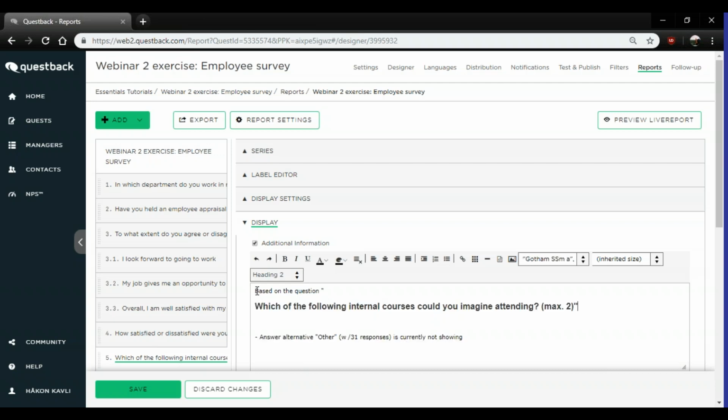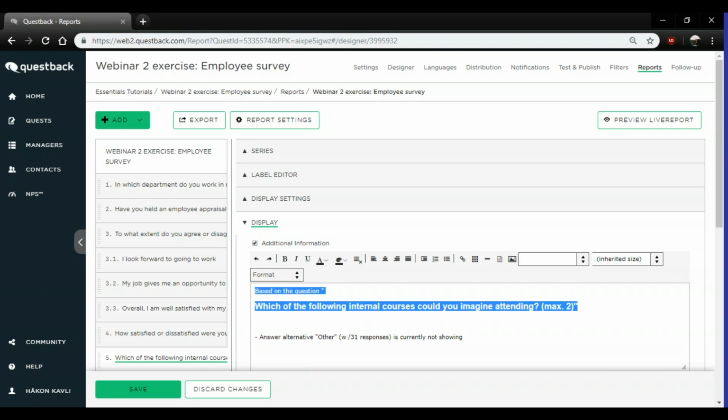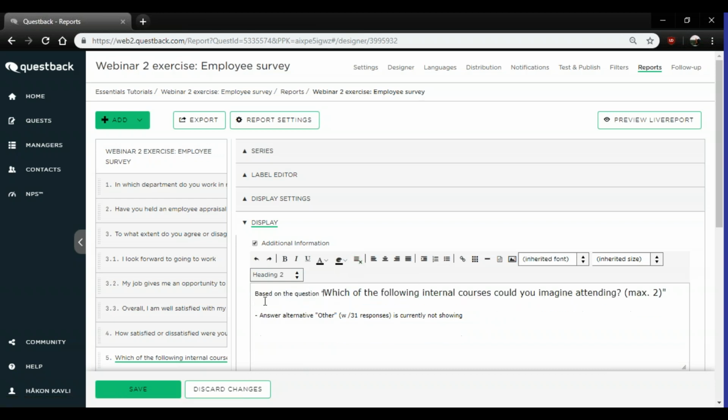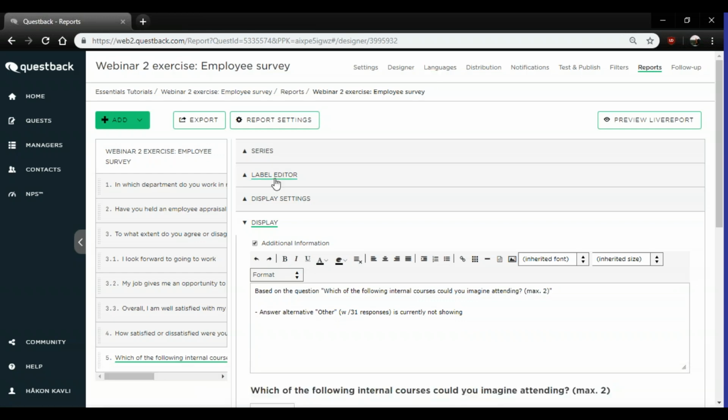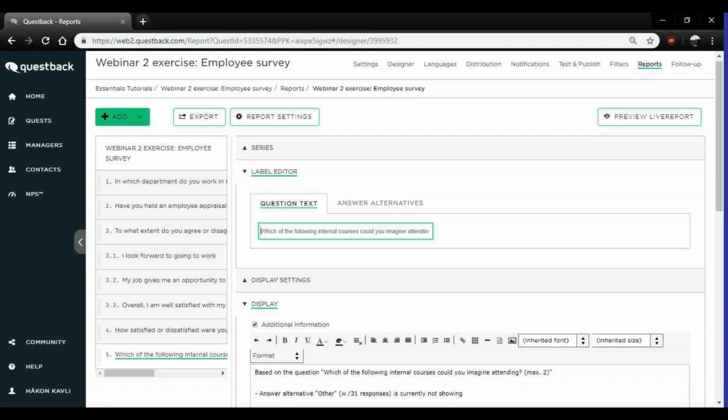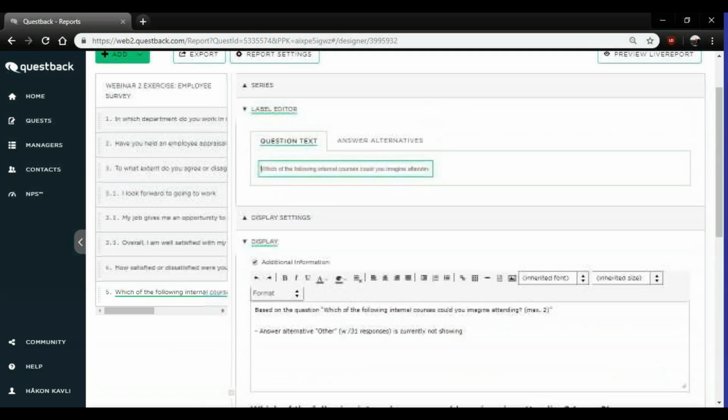So I'm gonna try to align this text, and then I can use the label editor. So this can, for example, be